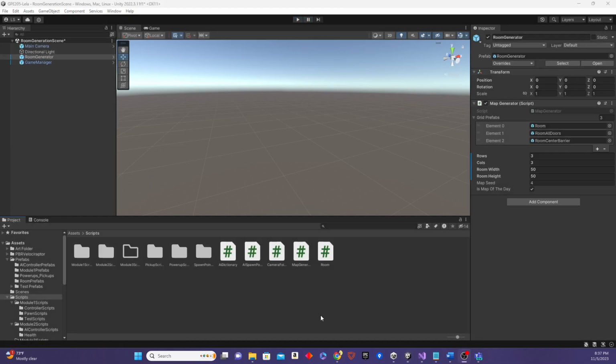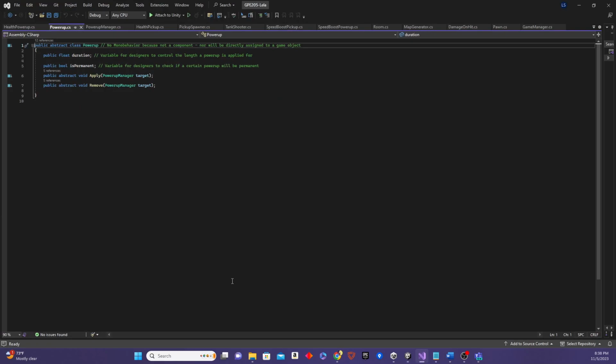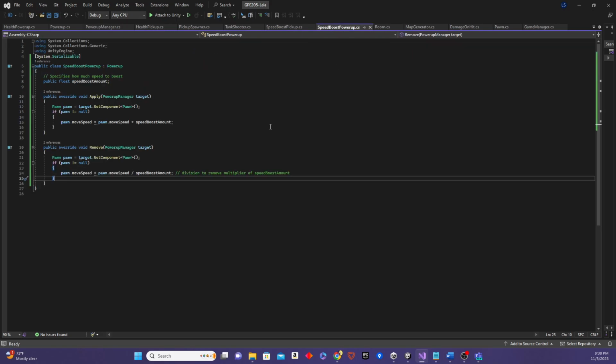Let's now take a look at my Powerup script. And this right here is my superclass for all of my power-ups that I just showed. For example, my speed boost power-up right here